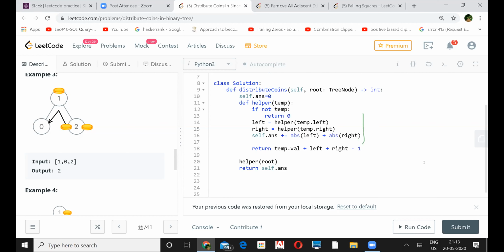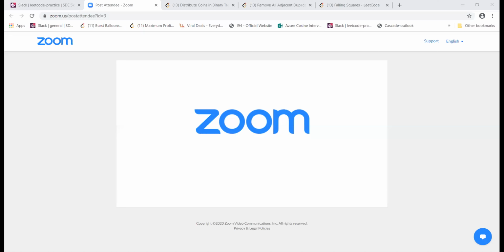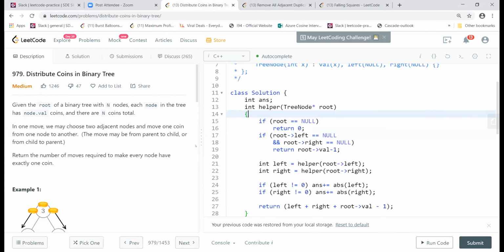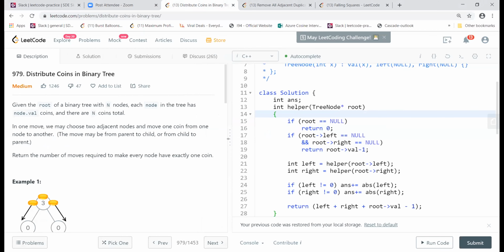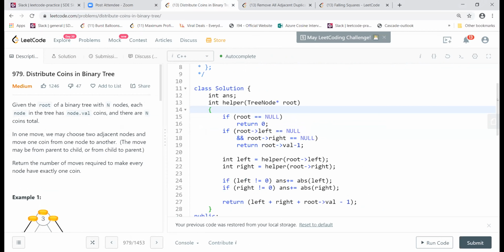Any queries in this? Maybe I can quickly show you mine. It's slightly more, not very concise like yours, but the way I understood, I'll just show you. Yeah, yours is exactly the way we should do. I've added more code for that. It's not a very good way of doing it, but when I was actually doing it, I got this from the discussion session only.